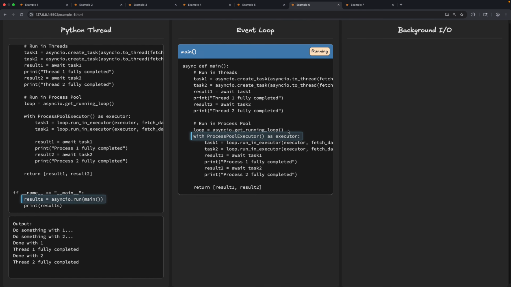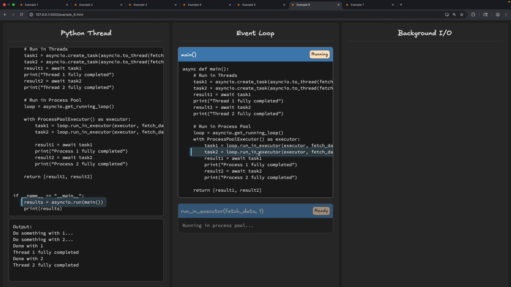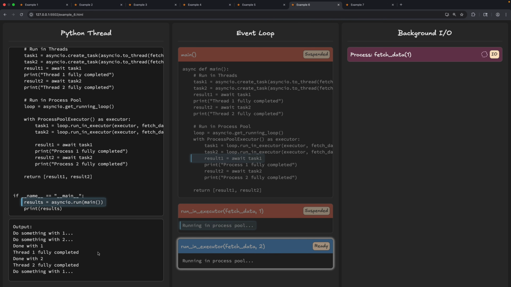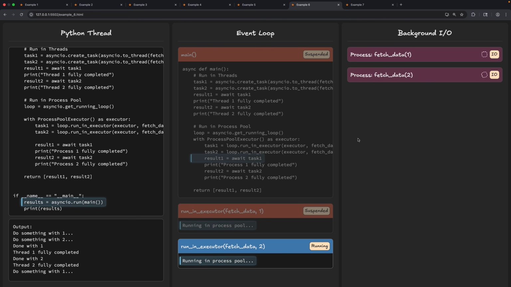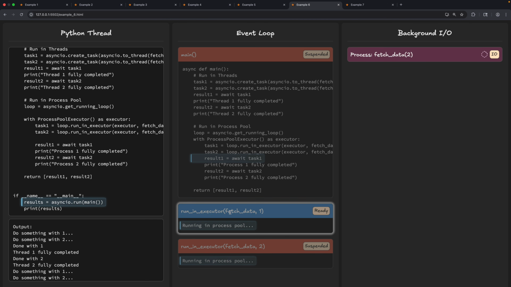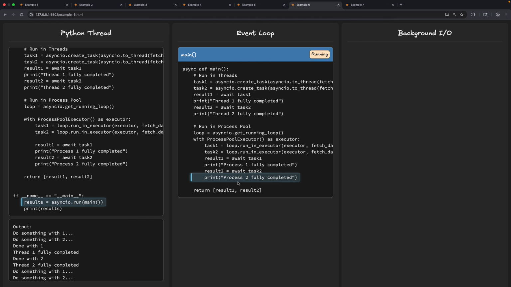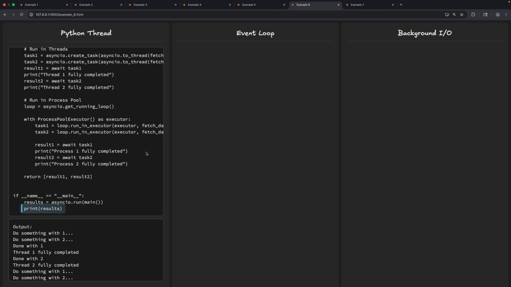So I'm going to keep going through this a little bit faster now because you should be kind of used to this as we go now. We're awaiting task 1. Task 1 is going to come in here, run. That's going to be a process in the background IO here. It's still printing stuff out here. We're running another process in the background IO. Eventually that's going to complete. That's going to complete there. Our main coroutine is going to pick back up, do some print outs there, wait for that second task to finish there. Once it finishes, it wraps up and completes,